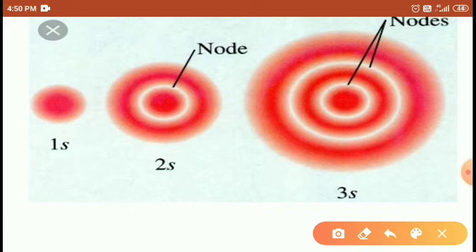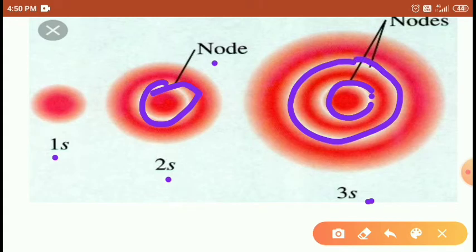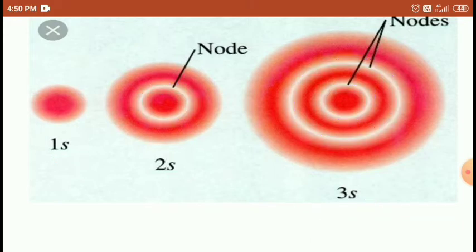So next are the 1s, 2s and 3s orbitals. In the 1s orbital, only the white portions are marked, and only one node exists here, another is here. The two nodes are there in the 3s orbital. Where the two nodes are available, there are no electrons. Electron density reaches 0. So two nodes are available in this region. Right, students?